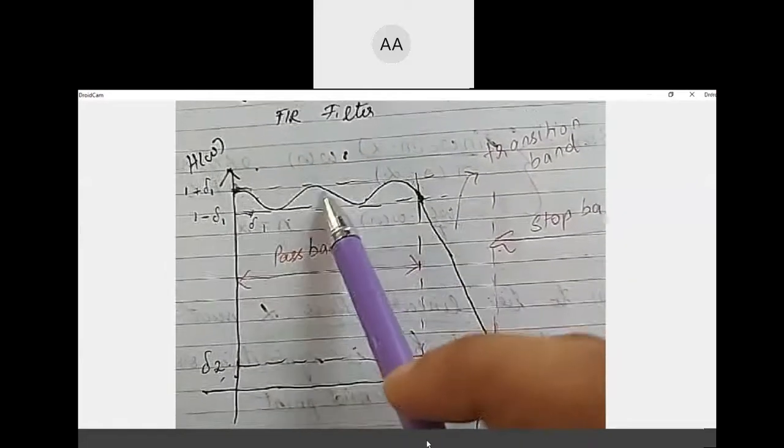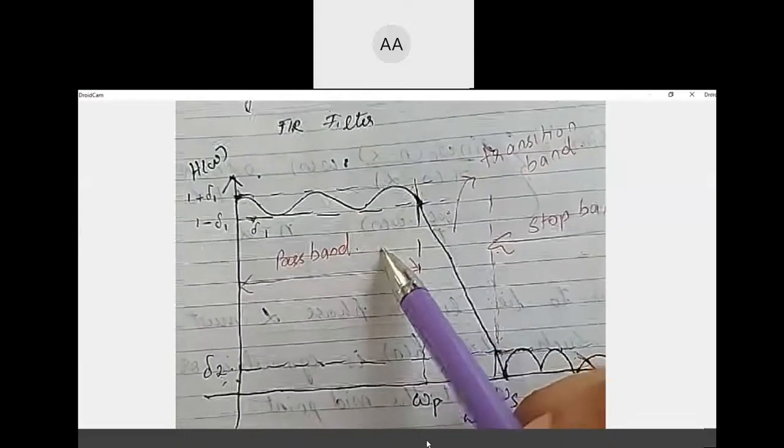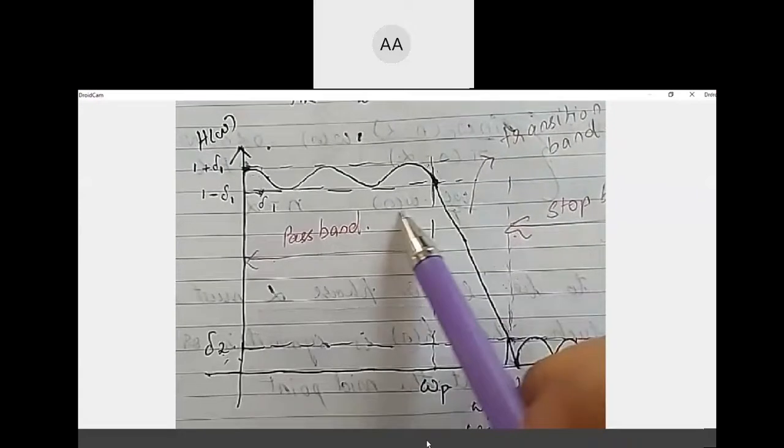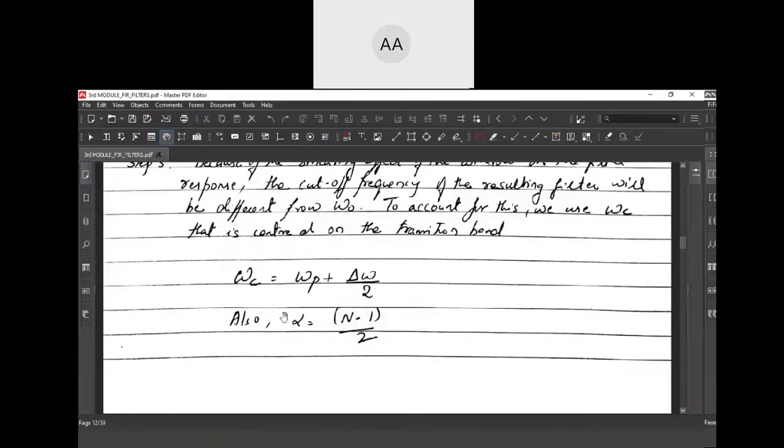Ideally your cutoff frequency is always taken 3 dB down from your maximum value. I hope all of you know this. So in terms of your logarithmic scale, you take 3 dB down and project that on your x-axis, and you're going to get your cutoff frequency. So omega p plus the transition width by 2, that means the midpoint between omega p and omega s, you take it. That is your omega c. That is what it means by this value.